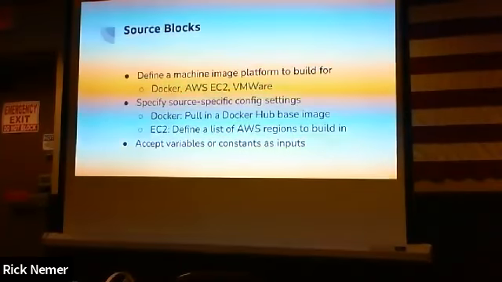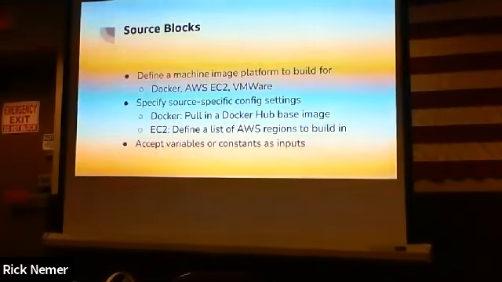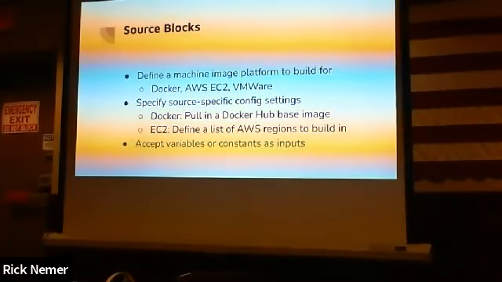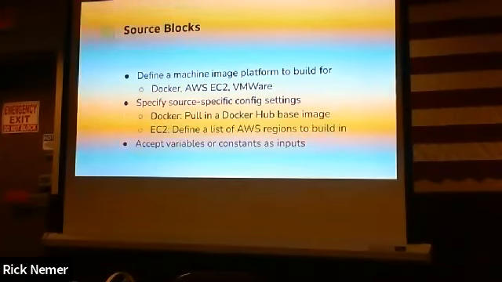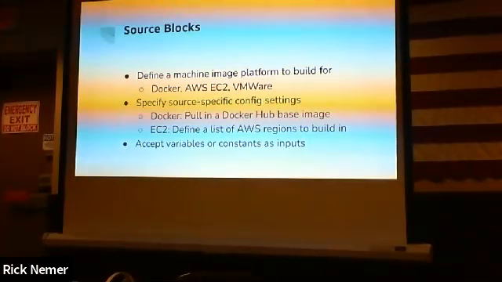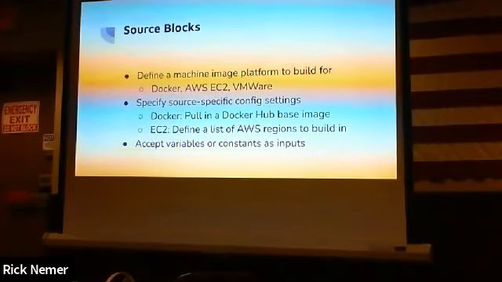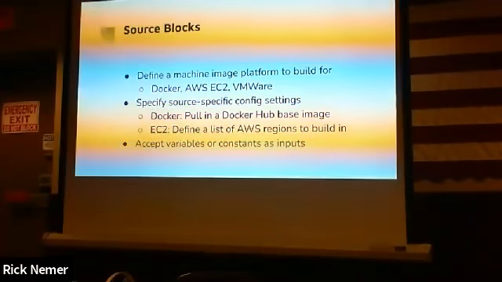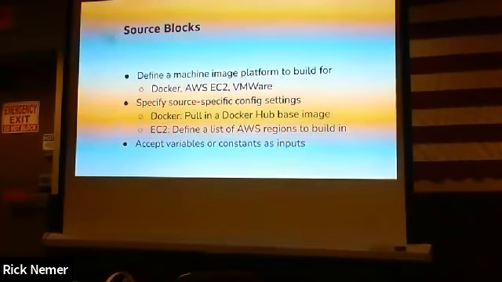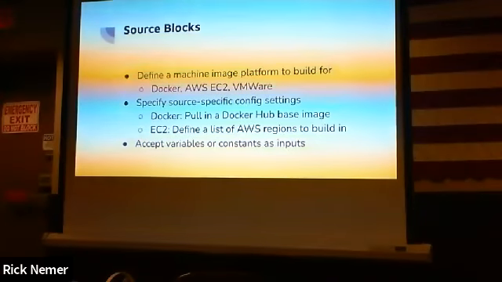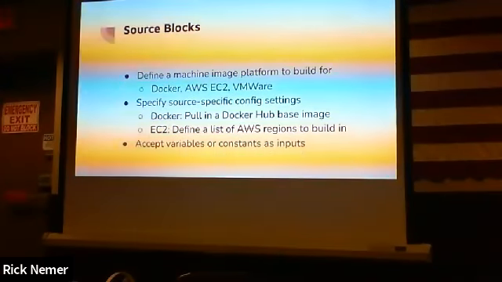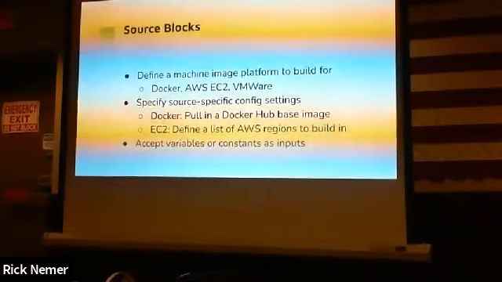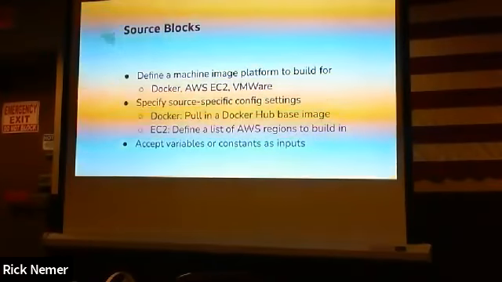And some of these make that easier too, like for EC2 here. If you're not used to using AWS, EC2 is the virtual machine service. And typically a virtual machine template will live in only one AWS region. And there are many, many regions globally. So typically you would need to build the template in one region to have it copied into all the others. With this here, you just give it a list, and it'll make image builds in the other regions as well. You don't have to copy and paste.